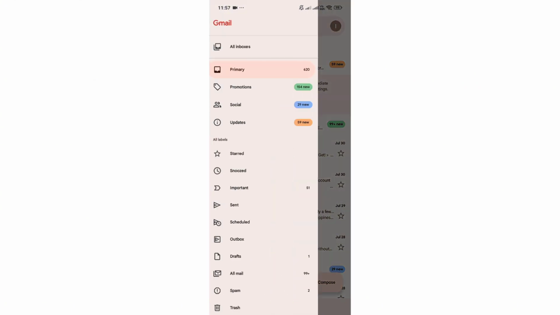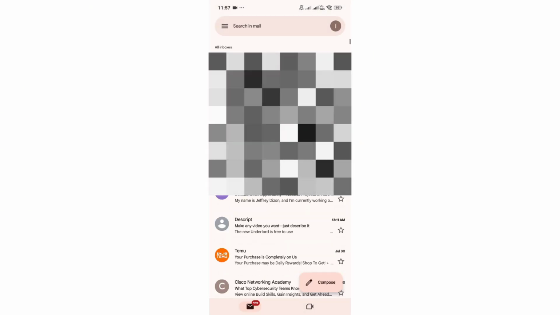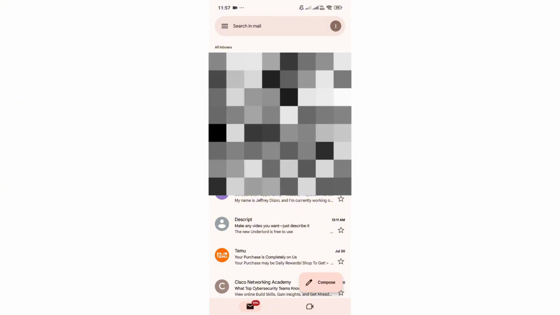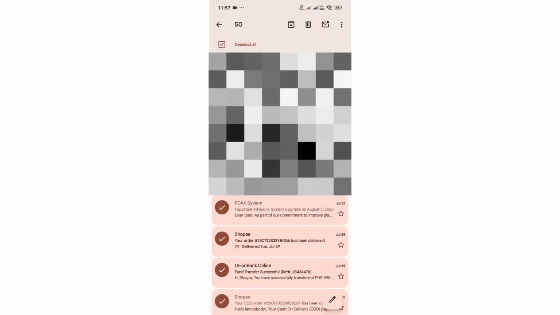And then from here, you need to go ahead and head over to all inboxes, and then go ahead and long press one email to start selecting. So long press one email and then click on select all, which you'll find in the top left of your screen,